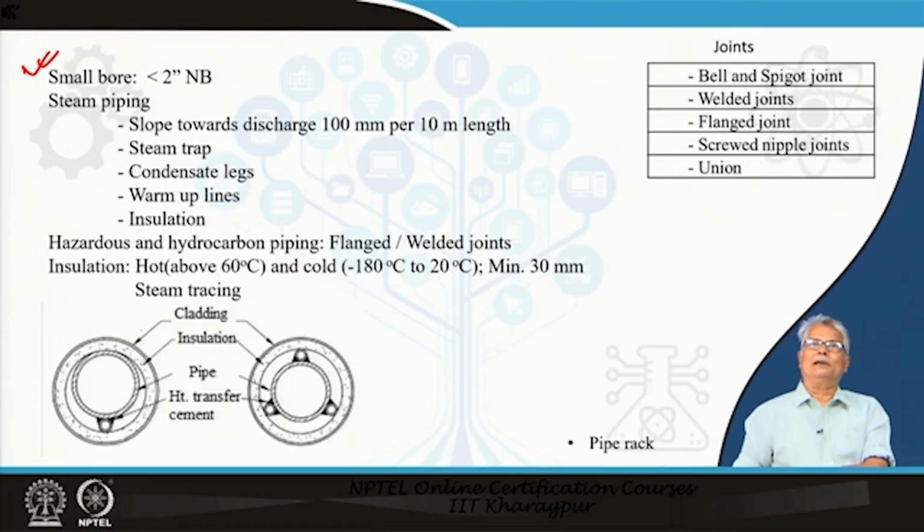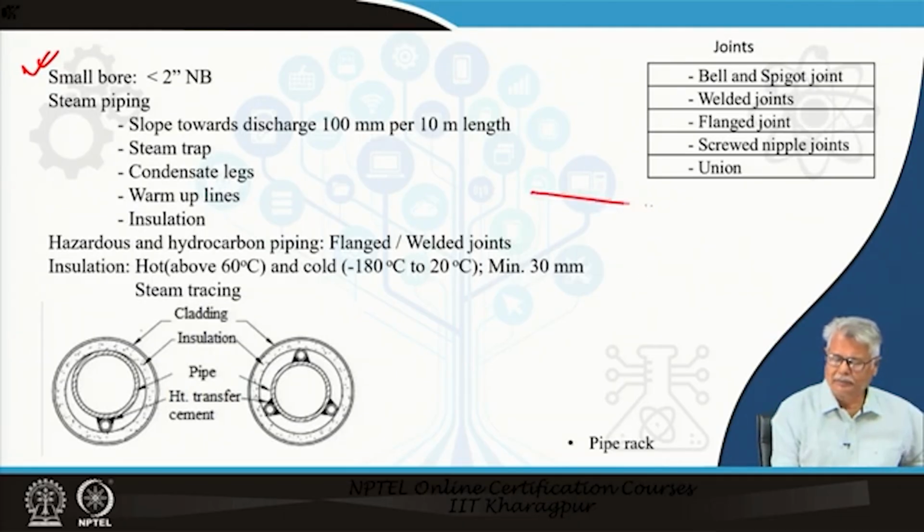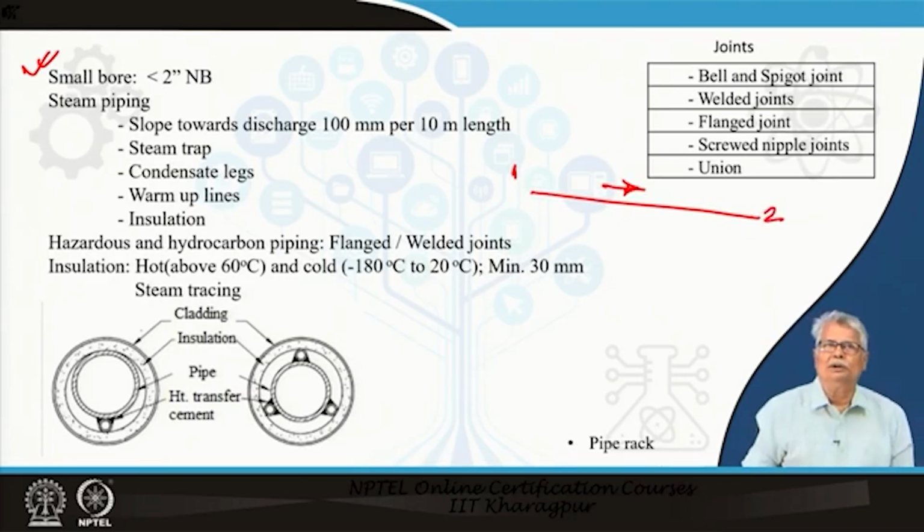Now, there are special pipings we look at, particularly the steam piping itself. That means it is supposed to contain steam, that means at one end it will be fed with steam and we are supposed to get a delivery of steam at the other end. So, the steam flows from the point 1 to the point 2. The two things are very important in case of steam